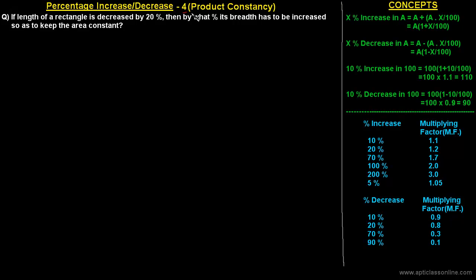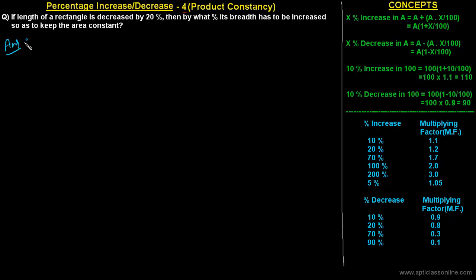We have discussed these things in part one of this series of lectures. Just to remind you, multiplying factor, here we have written percentage increase and the corresponding multiplying factor. Actually, for every percentage increase there is a corresponding multiplying factor. With the help of multiplying that with any value, we can get the final value. Similarly, for every percentage decrease there is a corresponding multiplying factor. So these multiplying factors are useful in the questions of percentage. We will solve this question.